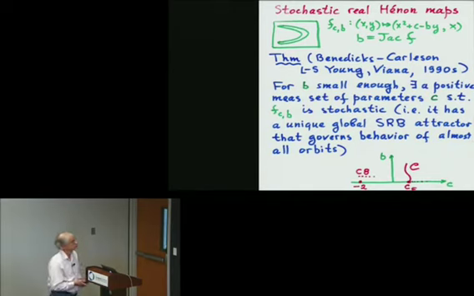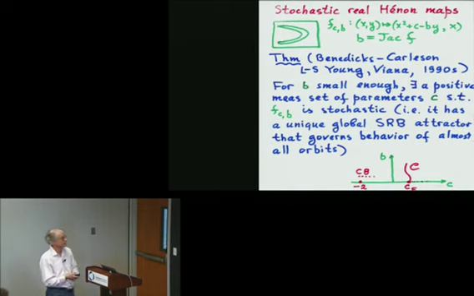One of the great developments was the breakthrough by Benedicks and Carleson, who justified the existence of Hénon attractors. So now we consider the Hénon maps. At this moment, they are just polynomial automorphisms of R^2. The parameter B is the Jacobian of this map. If B is small, you can consider this a little perturbation of the one-dimensional quadratic map. There is a non-invertible one-dimensional quadratic map, and you perturb it to an invertible two-dimensional dynamical system.